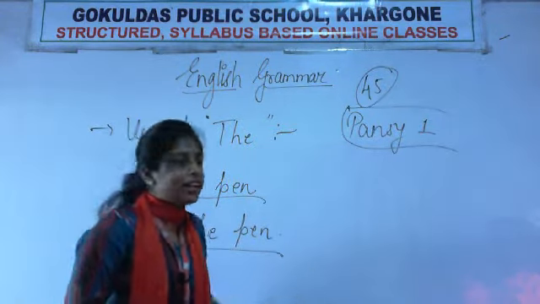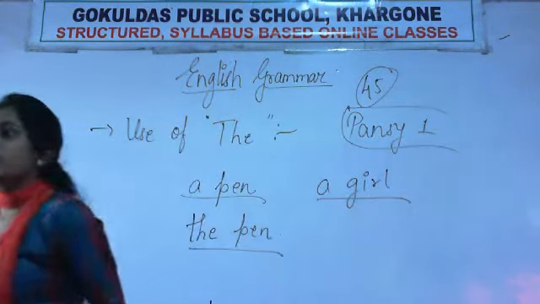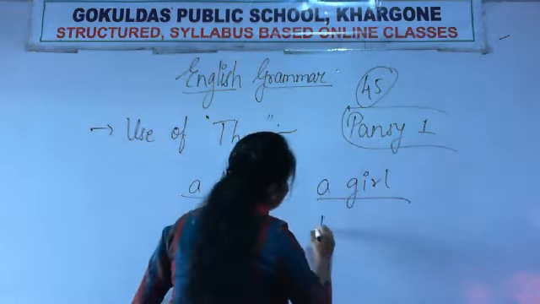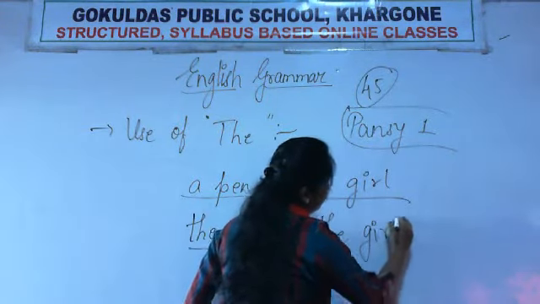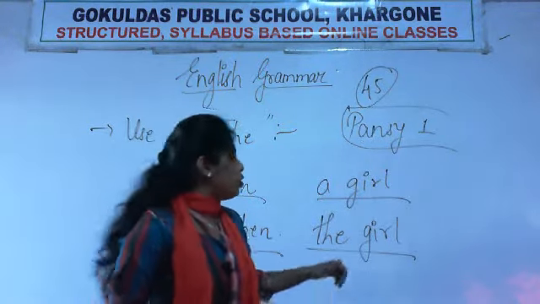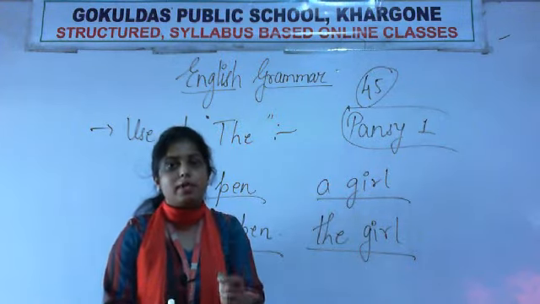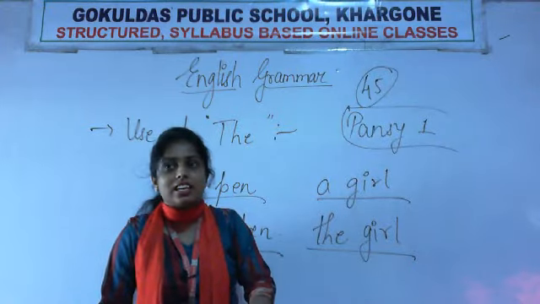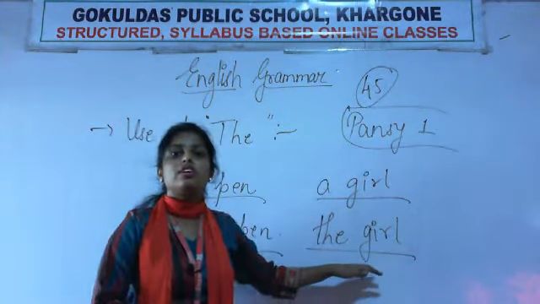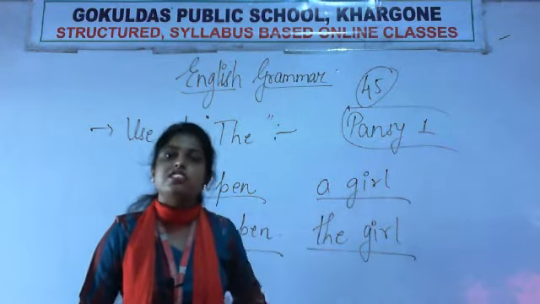Okay, similarly, a girl, here you are talking about any girl. Then when you will say the girl, here you mean a particular girl. So a girl means any girl. Now the girl which is in my class. If I be a little particular about it, the girl which is in my class, the girl which is my classmate, or the girl which helps me every time. So you are talking about some particular girl here. So here with some particular things the is used. This is the first use of the.